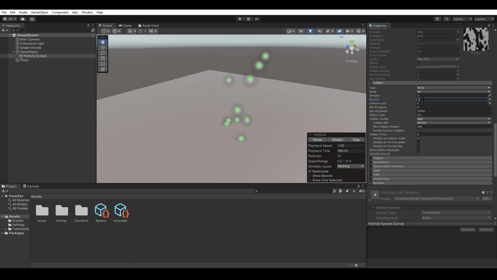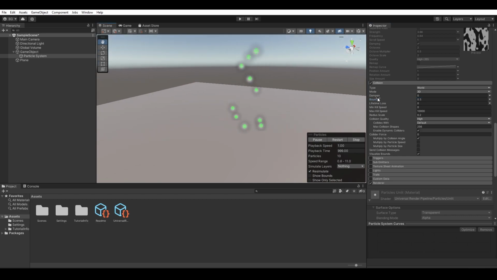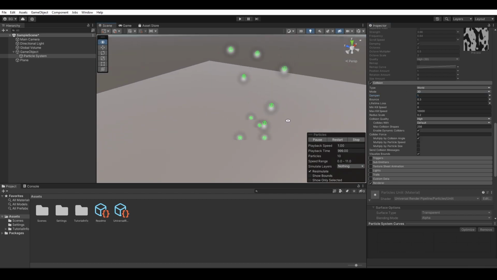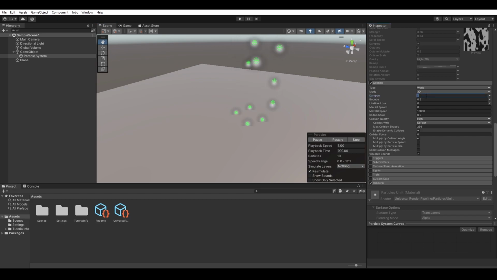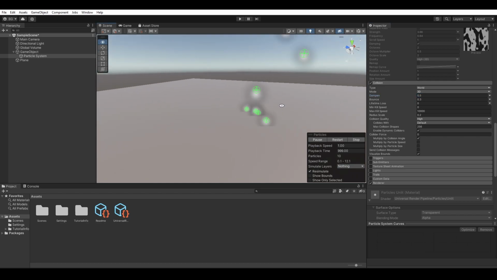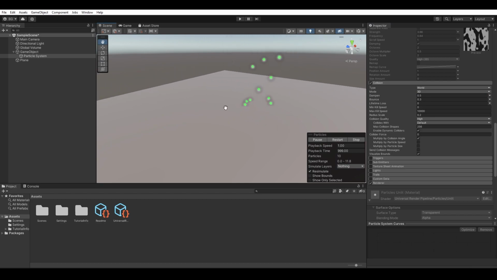I probably wouldn't set it that high. It would be something like 0.3. That's not so bad. What I use most of the time is dampen. If I want things to just stop moving altogether when it hits the ground, that's what I'll use. So if you set the dampen really high, it'll do that. Basically, dampen says, how much of my speed am I losing when I hit the ground? So if I set this to 0.5, it'll lose half of its speed when it hits the ground. So it bounces just a little bit. And if these particles were shooting in a direction, they would skitter a tiny bit. So basically, you just eyeball the dampen and decide how much speed you want it to lose